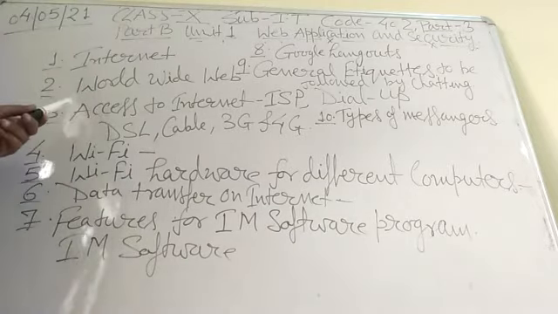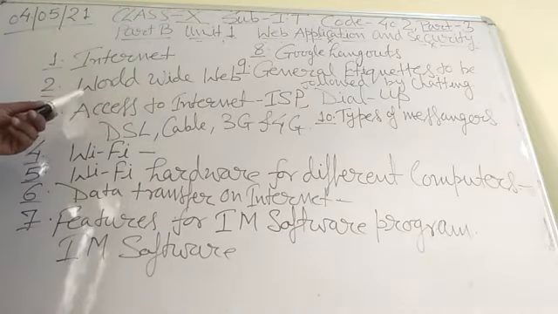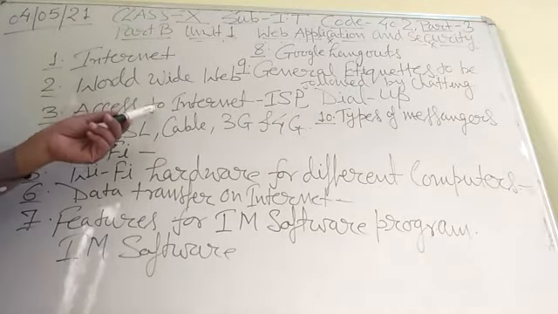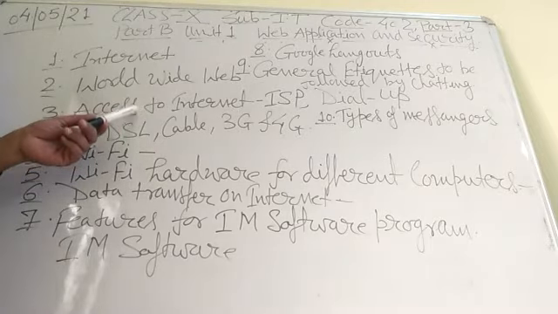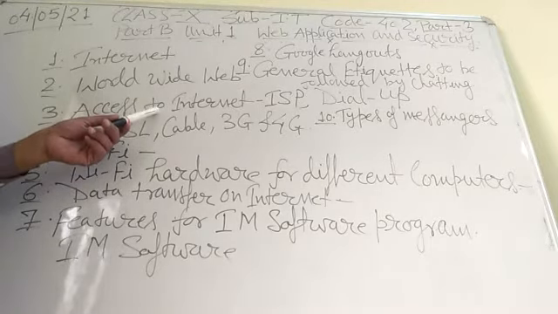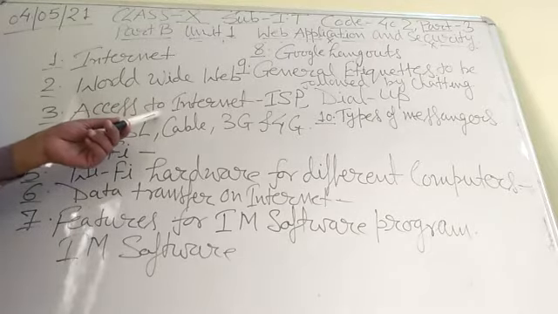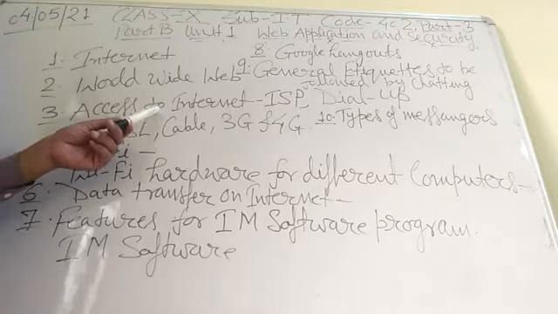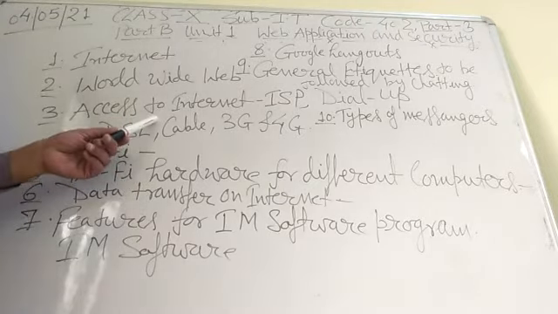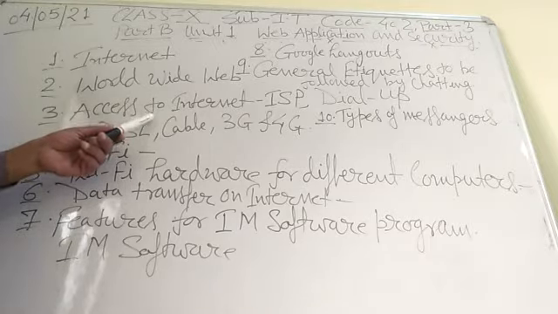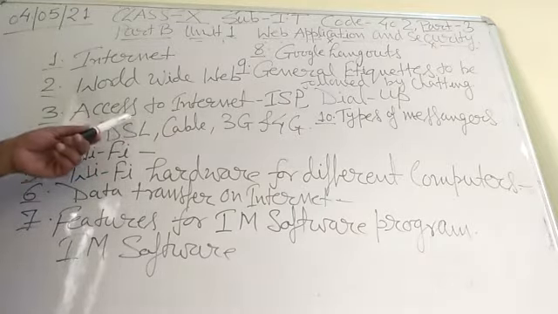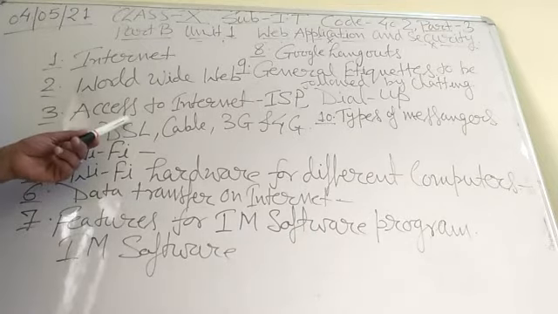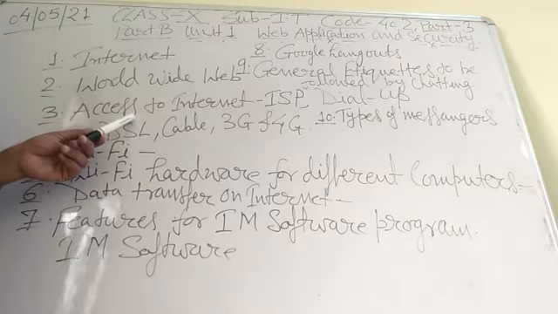Now next I am going to discuss access to the internet. To access the internet you may need a computer like a PC, desktop computer or notebook with a minimum 256 microprocessor speed. Now you will require one or more of the following software. First, communication software for dial-up conversation. Second is TCP/IP dial-up software for the protocol.